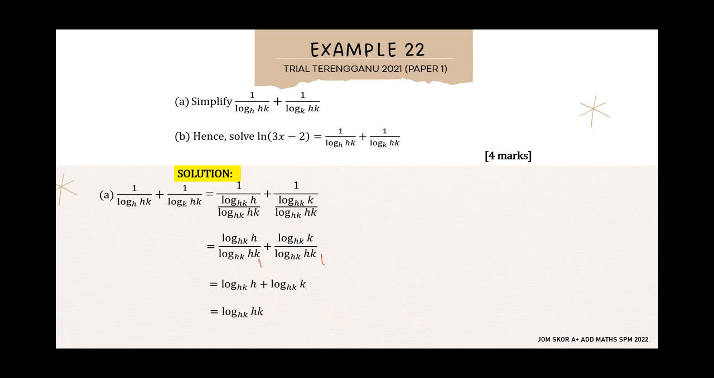Okay. Right. Saya dapat yang ni. Sekarang ni kita nampak dia tambah. Jadi, according to the law of logarithm, product dua nilainya adalah H darab dengan K. Dan ini bersamaan dengan dua markah. Yang pertama untuk